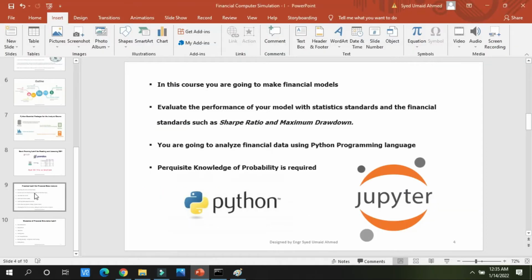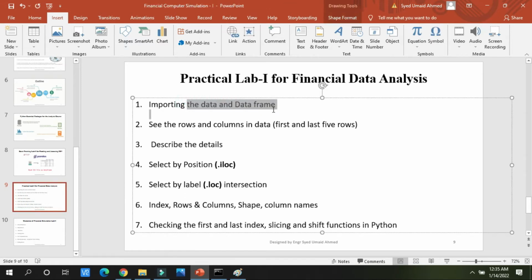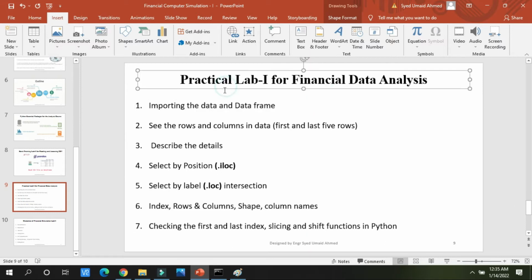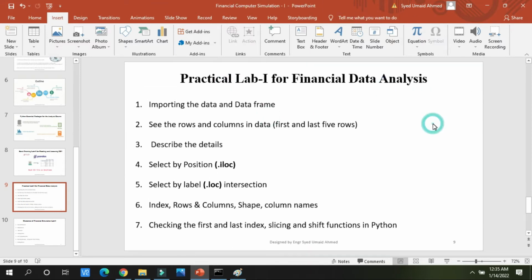But before doing slicing, I want to teach you a function which is known as LOC, the location function. Let us move towards my slide. I have told you how to import the data in a data frame, how to find the first and last rows and columns, and how to describe the details. Now I am telling you how to use this LOC function.